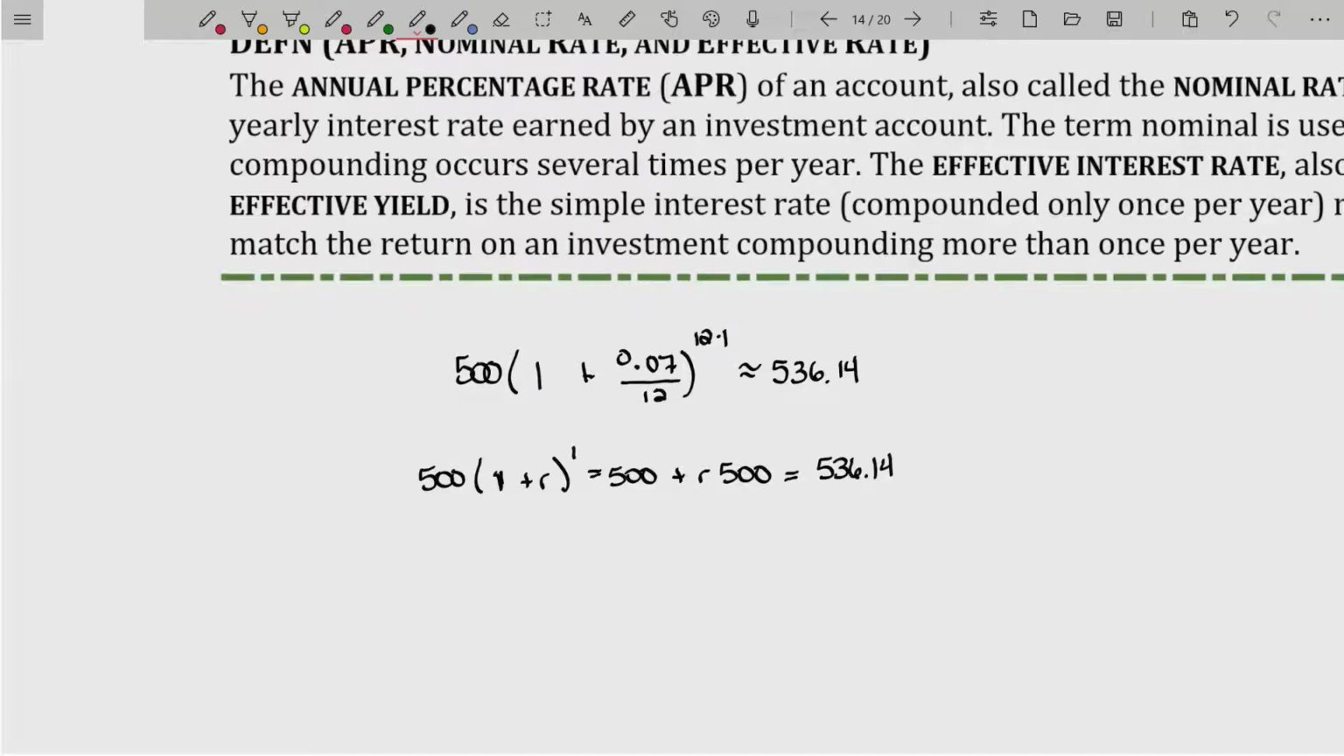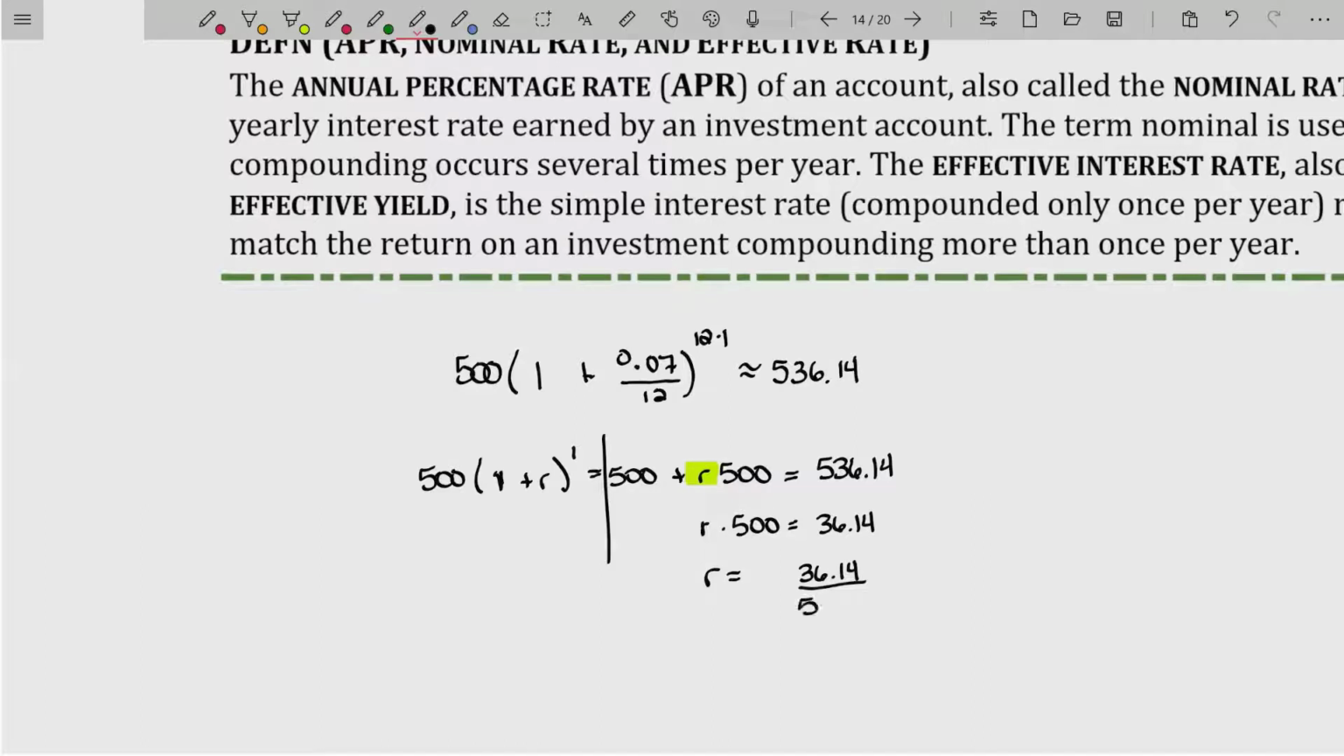We just want to know, what is that simple interest R? We call it simple because it compounds only once throughout the entire year. So subtract 500 from both sides. Subtract 500 from both sides. You have R times 500 is equal to 3614. And then divide both sides by 500, and you'll get R is equal to